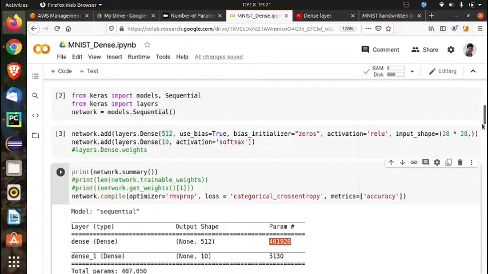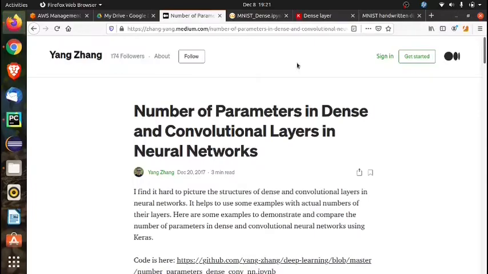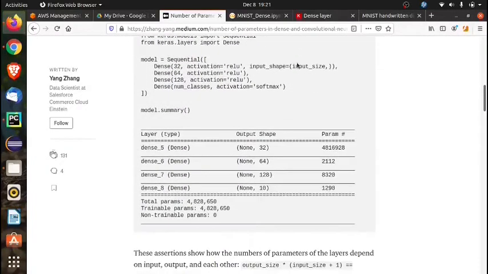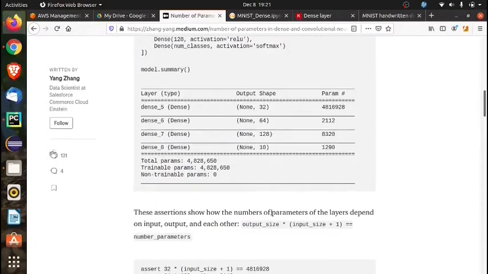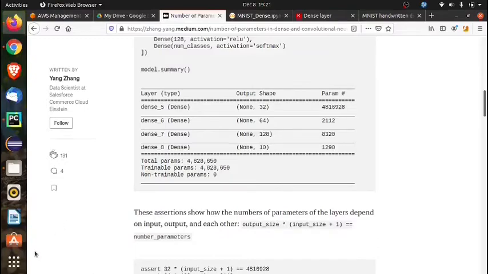Now how these parameters are calculated is explained very clearly in one of the papers on Medium which I have downloaded here. Just see. The number of parameters is the output size multiplied by the input size plus 1.